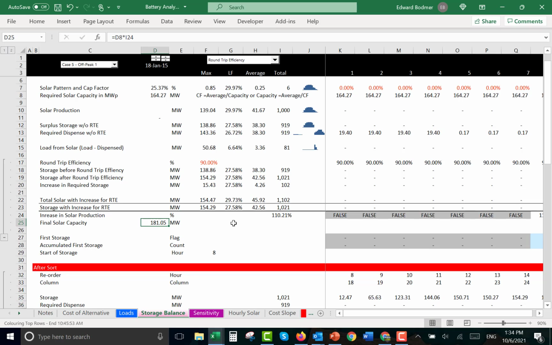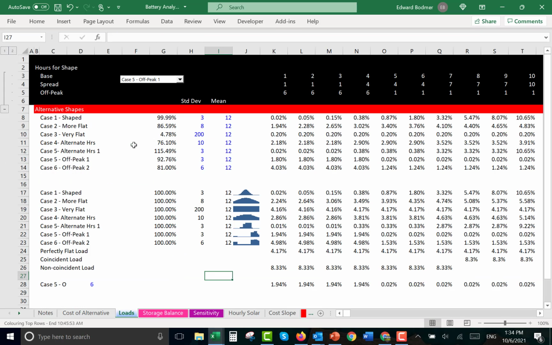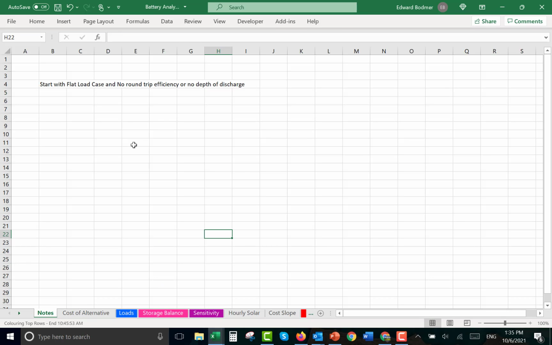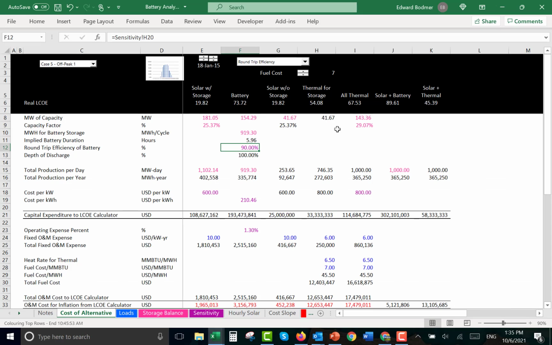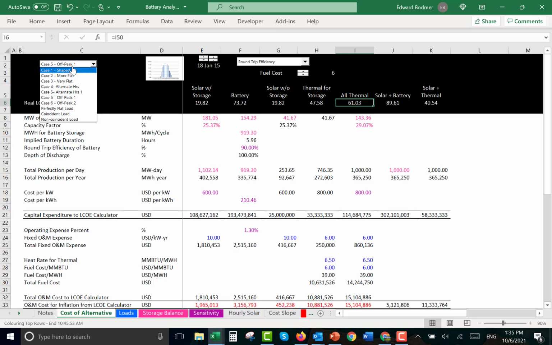All right, that's our problem. And then we'll incorporate that. So let's look at kind of the final result. We have all thermal right now with a 7 fuel cost is winning. If it's off peak, if it's shaped,